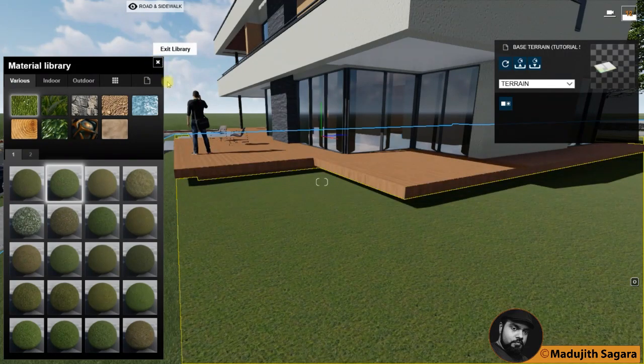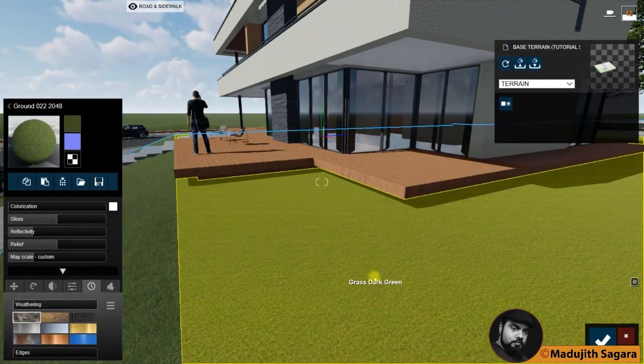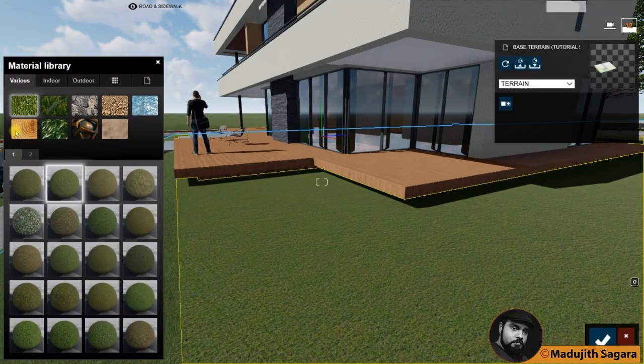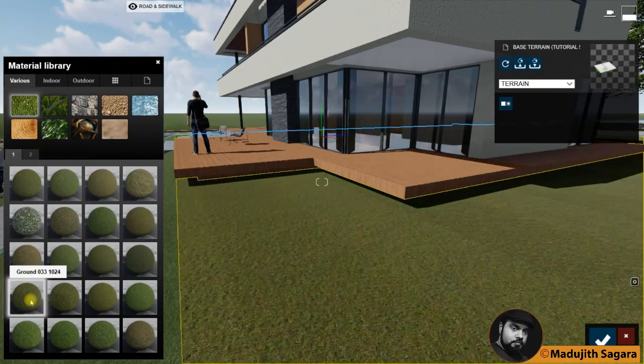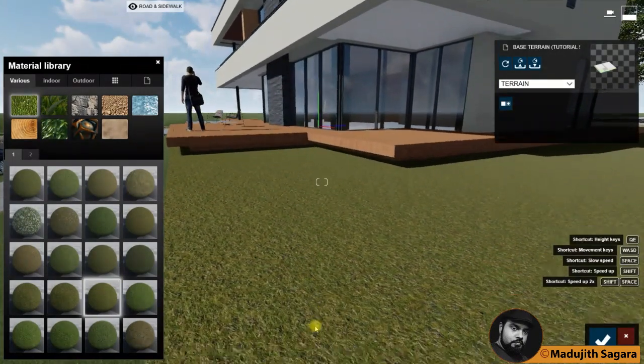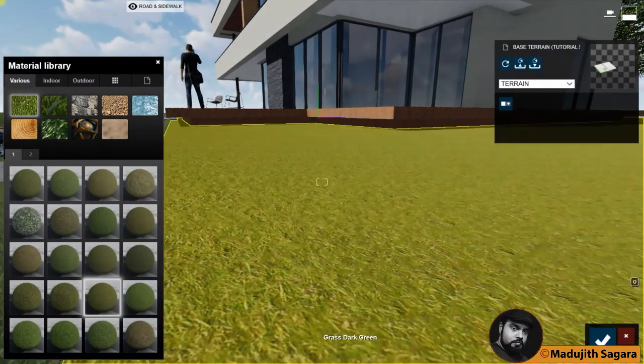Actually, you can do some additions for the grass material. It means you can do some additions for the landscaping. For that, select the grass material and it will direct you to the material library. Then click on it, then it will lead you to the grass thing. Actually, grass are available in the various tabs. Then there are two types of grasses. First one is 2D grass. We will see what are available. Then go to 2D grass. Then you can decide many grasses here. Then we will have a close-up look. Now these are 2D grasses.